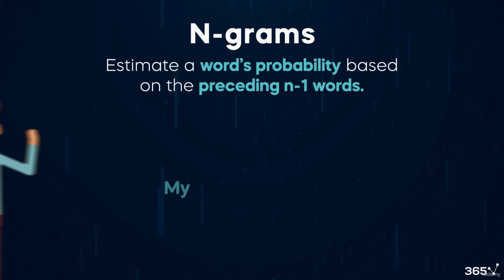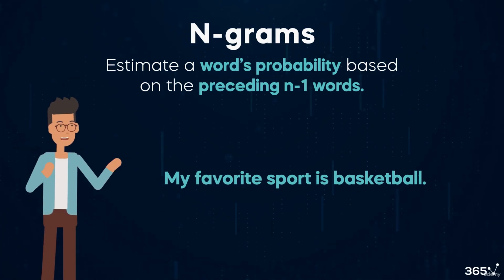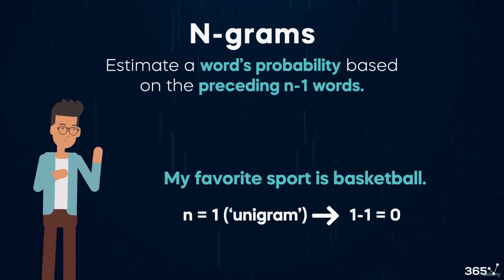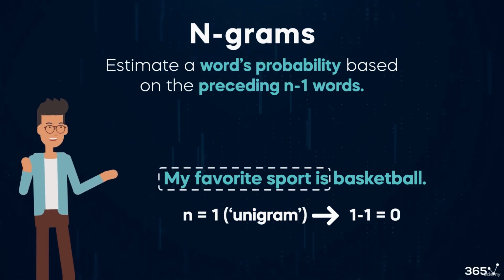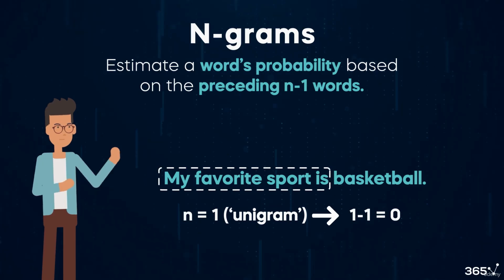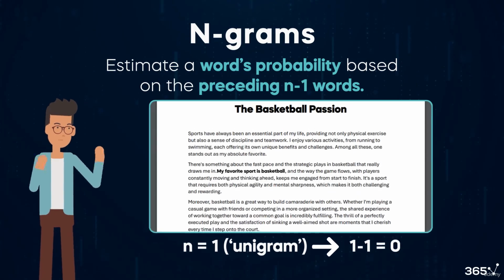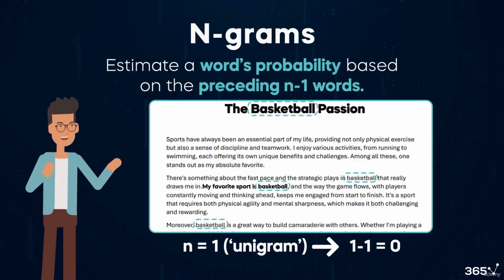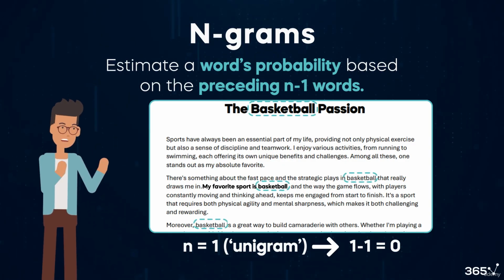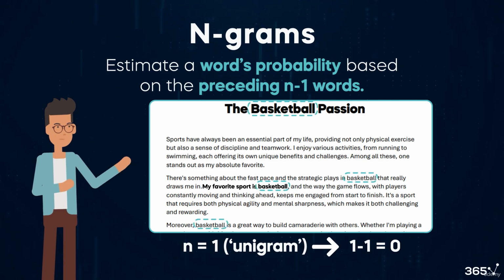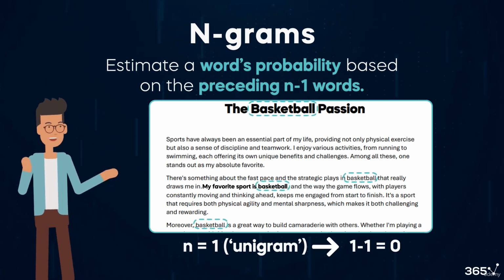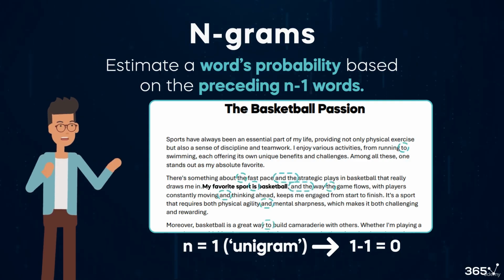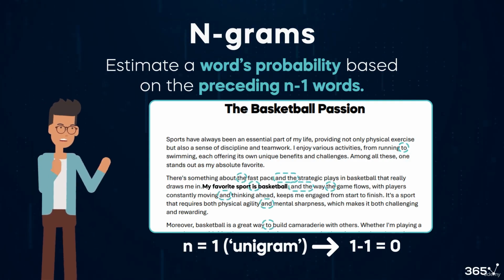We have the following sentence, and aim to predict the final word. The n-gram model functions by not using any words from "my favorite sport is" to predict basketball. Instead, it would review the entire text and look for the word that appears most often, assuming that the word with the highest frequency is the best bet to fill the blank space in the sentence. So, the unigram model might predict common words like the or and, regardless of their actual fit with the previous